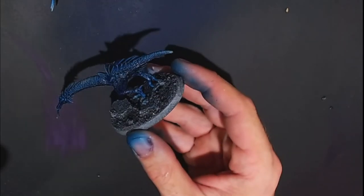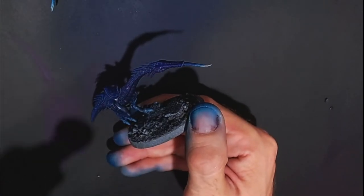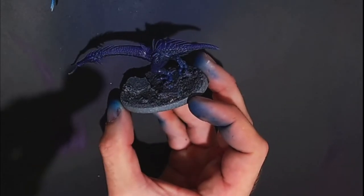Okay, dump in some water, dump in some flow, get the brush, mix her up. And obviously I'm not painting just one Seeker at this point in time, I'm painting 10 at a time, but I'm just showing you the one as I go about it. So this gets a full-on coverage, just blending it into the blue there. Trying not to cover up all the blue, but most of the blue there, because it creates a nice